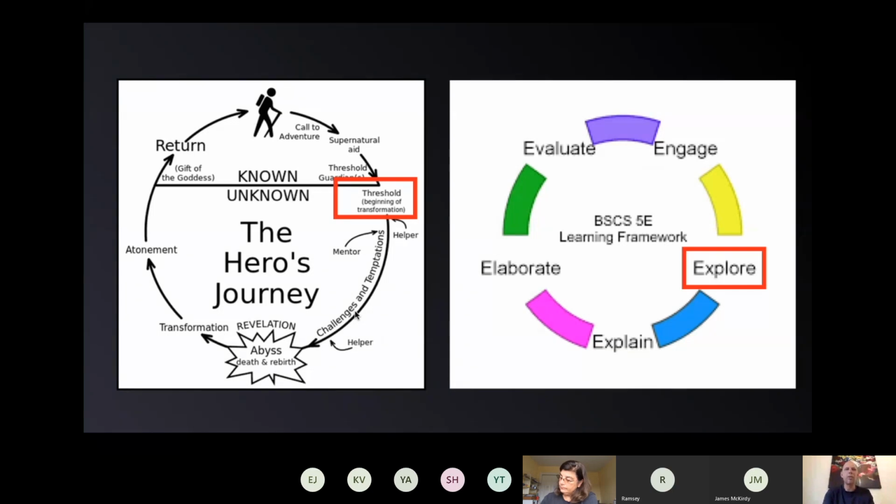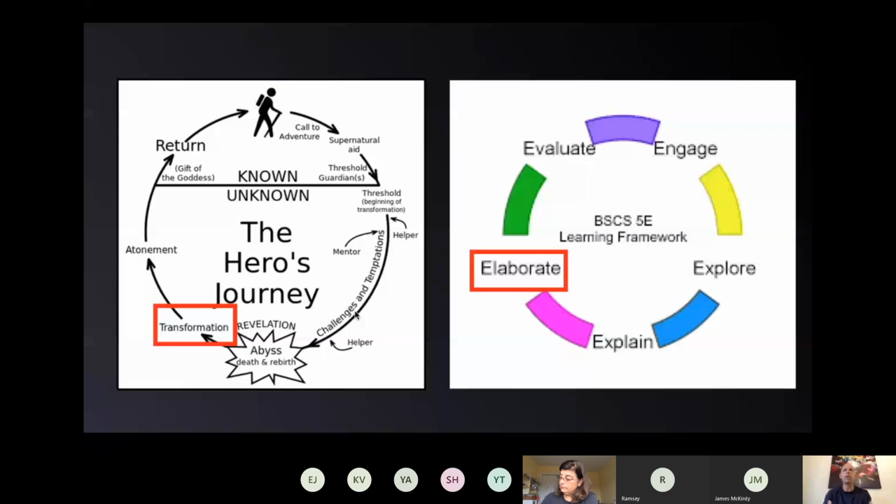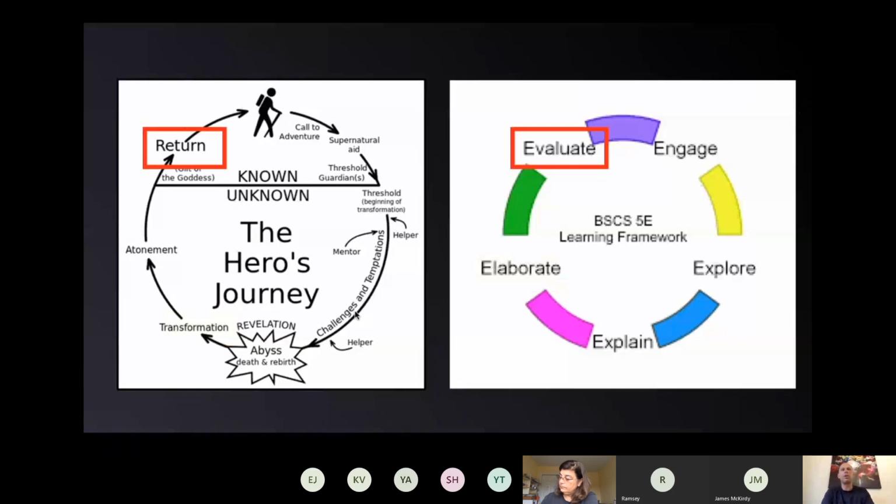In the next class, we're going to talk about what happens when the mentor shows up and tries to transform the students, have them elaborate their content, where they then return home to be evaluated. So the first class was really strategies around sparking curiosity, but the purpose of that was to make an information gap salient to our students, to perplex them, but also to motivate them to then go and explore the world, which is what we're going to get into today.